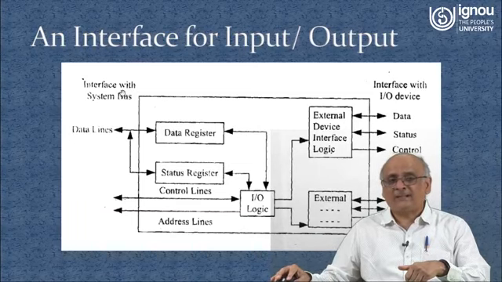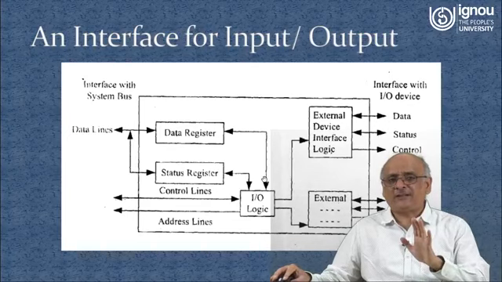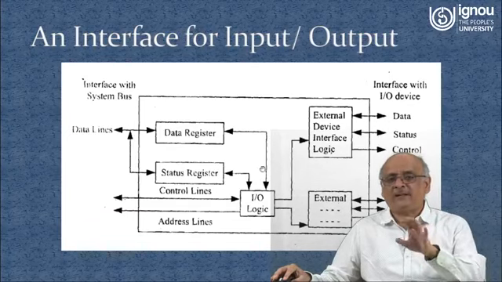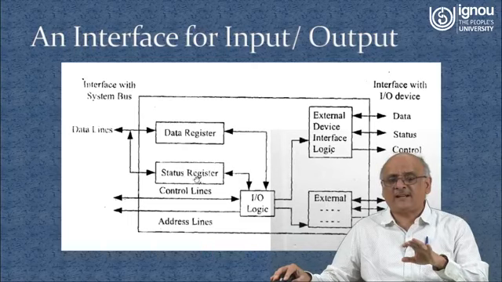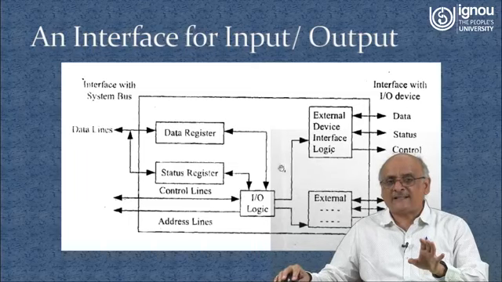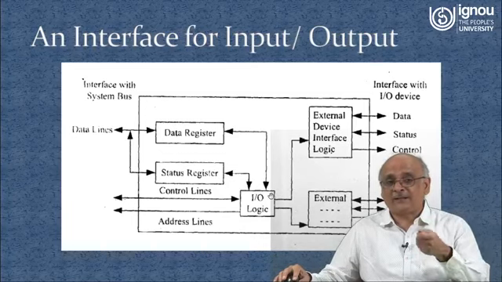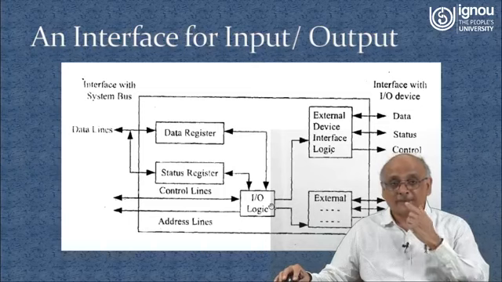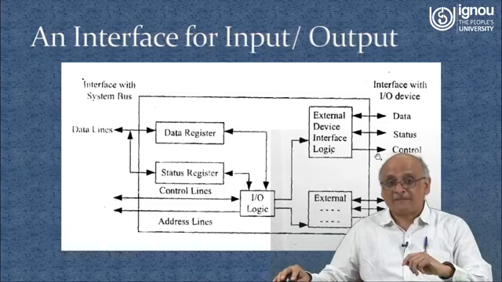So the CPU doesn't have to wait. It simply issues an instruction that I want this page printed, gives it to the IO logic in the form of a data register, and the status register keeps on indicating to the CPU whether the print job is successful or not. So the CPU will just refer to it after a while. Meanwhile, the input-output controller, this interface in your computer, has logic, and these interfaces will be communicating with the devices.